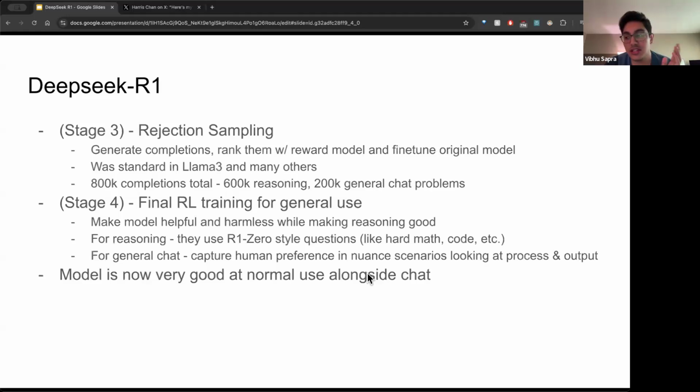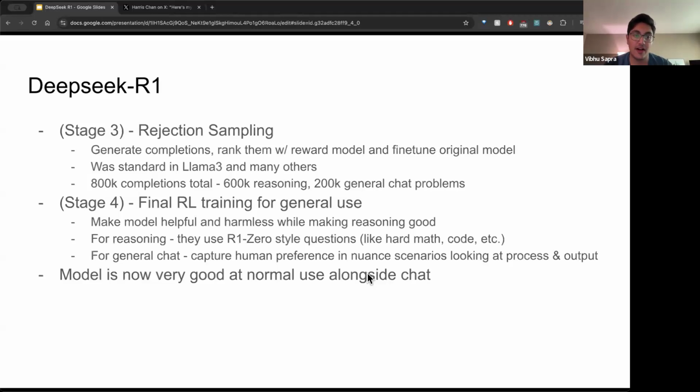Stage three, rejection sampling. Rejection sampling is pretty common. Llama 3 did it. Many others have done it. This is the first time they talk about how much data. This is kind of like the end of the post-training life cycle. So they had a big base model, which was V3, did SFT, did a big stage of RL. Now they do rejection sampling. This helps it turn from having R1-Zero style issues to starting to fix this. Let's generate completions and rank them with reward models. This is like LLM as a judge. So generate output, have an LLM and a reward model judge these outputs, and reject some samples. Fine-tune this model with rejection sampling. High level, that's what's happening.